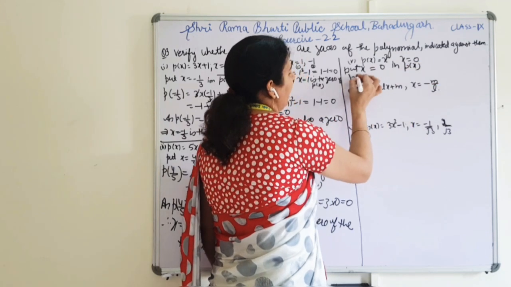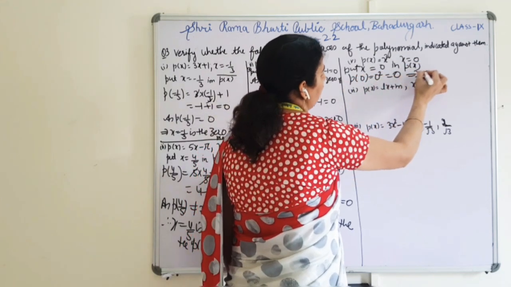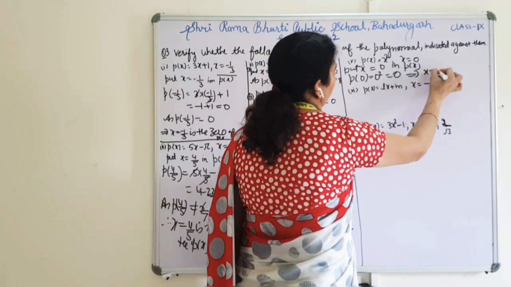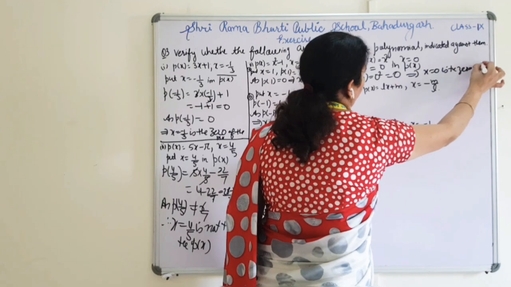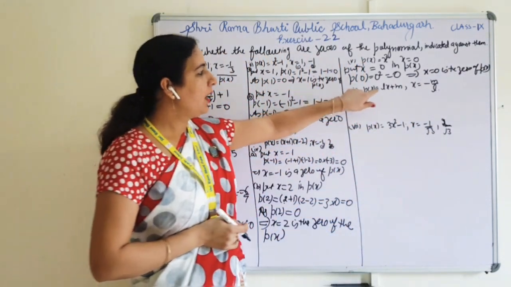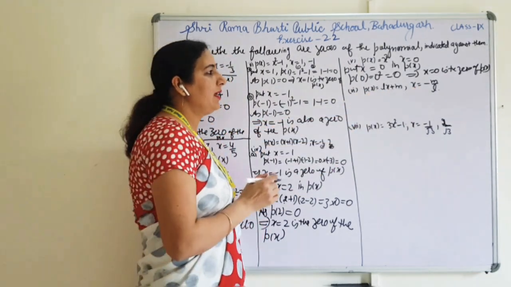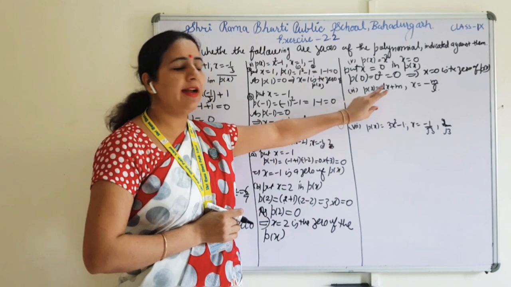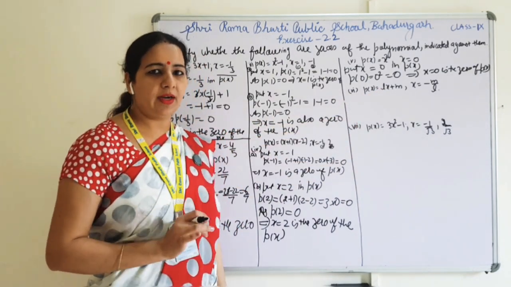So what we can write, p(0) is equal to 0 square, 0 square is equal to 0. This implies x is equal to 0 is the 0 of p(x). In the next part, what they have written, lx plus m. And what is the value of x? Minus m plus l. They have given the values in the variable or in the alphabetical order, so it will not affect our answer.